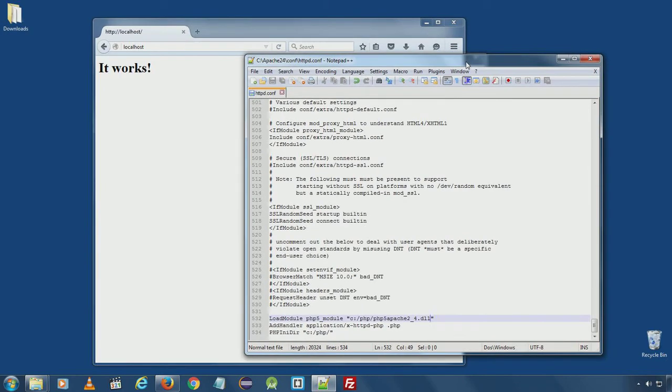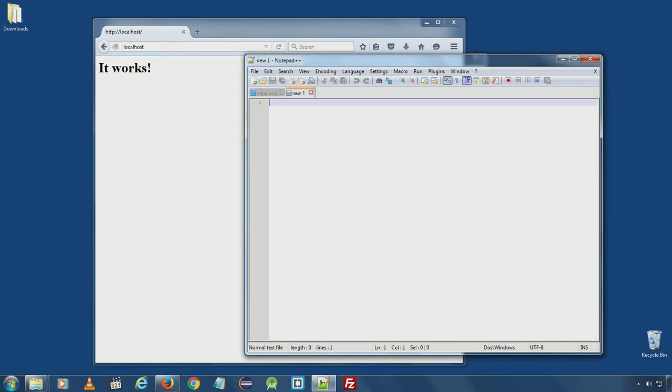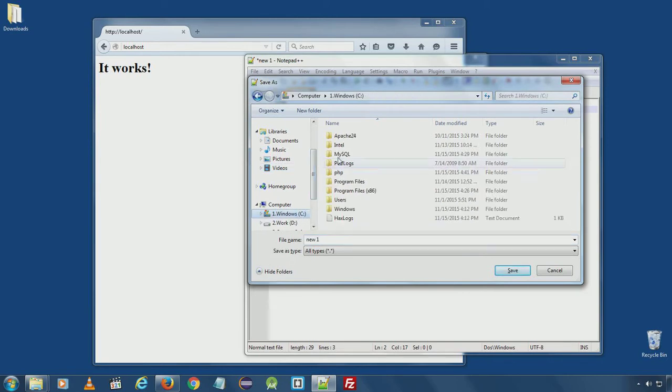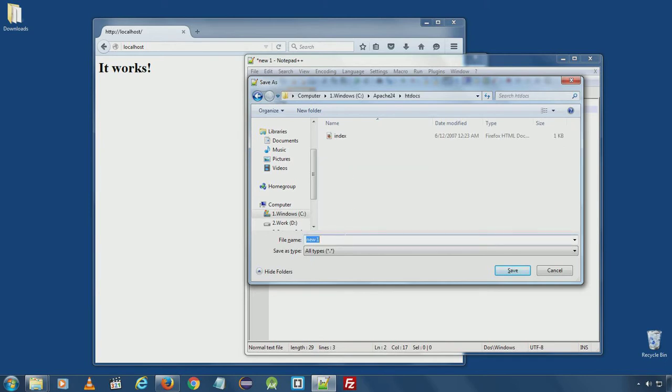Now open your Notepad and type a basic PHP file and save it to C, Apache, htdocs, test.php.